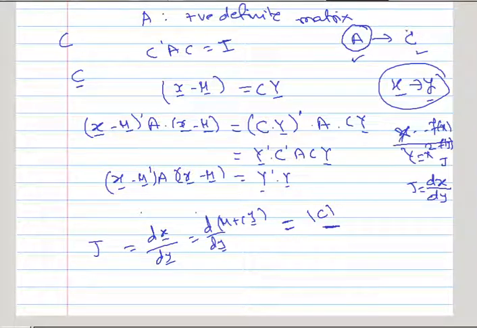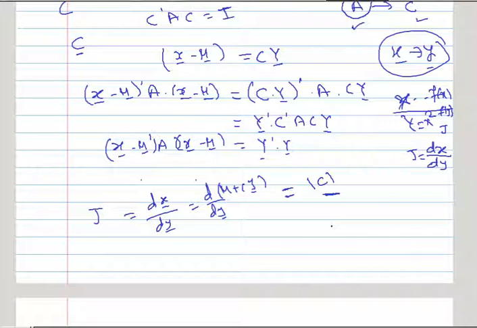C is some derived form of A, such that C prime AC is equal to I. So instead of having terminology in terms of C, it is better to express it in terms of A. If the determinant of C can be expressed in terms of the determinant of A or some form of A, then it will be good for ourselves. So for that we will use this expression, C prime AC is equal to I.